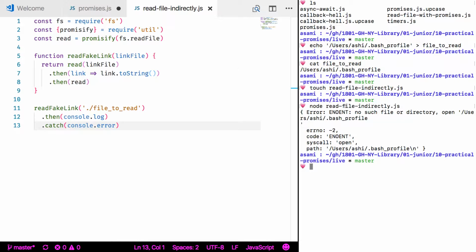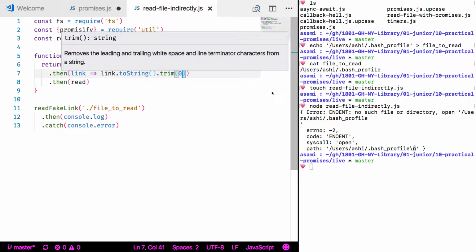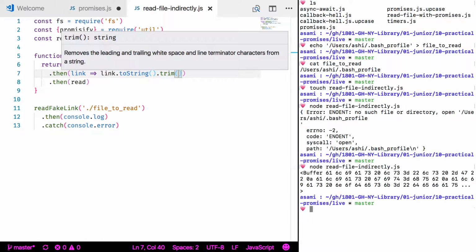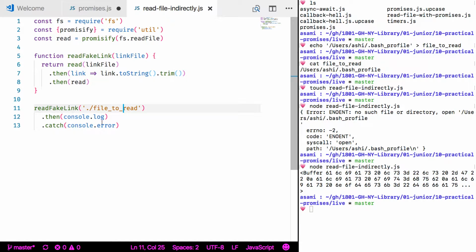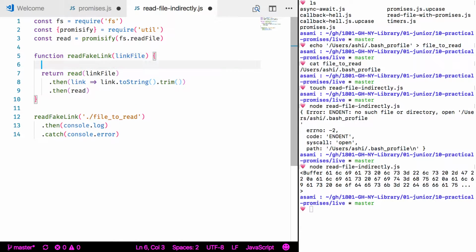Okay, and why is that users ashi.bash profile? Oh, because there's a new line. .trim. Okay, so this works, but if I'm doing it with async await, I can actually use await on the right-hand